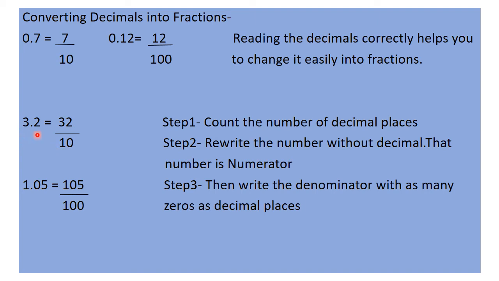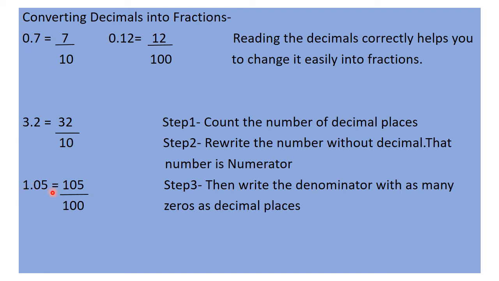Like we know, what is 3.2? It is 3 and 2 tenths. It can be written as 3 whole 2 by 10, and then when you convert it into an improper fraction, you will get 32 by 10. Likewise, the next number which I have taken is